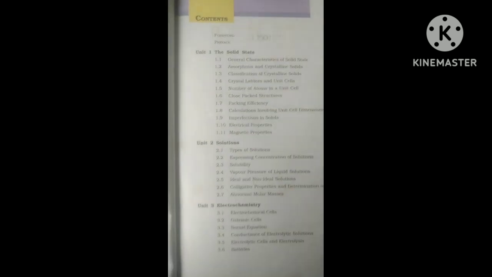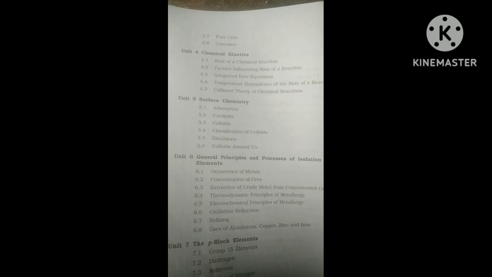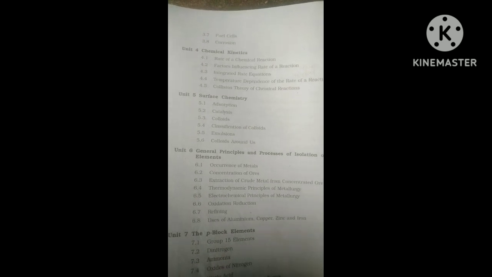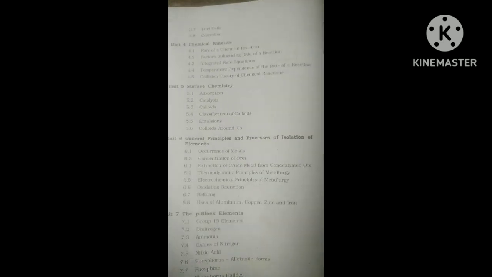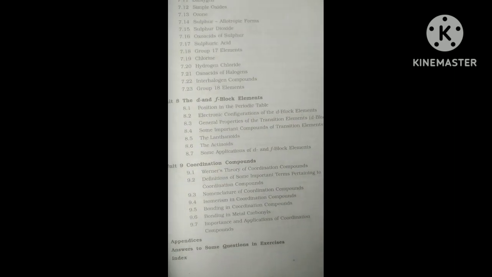It was solid state and the solutions in the electrochemistry. Next, chemical kinetics. Next, surface chemistry, it's the fifth chapter. And sixth chapter, general principles and processes of isolation of elements. And the seventh is the P block elements. Eighth chapter is D and F block elements. And ninth, coordination compounds is there. Next, the second part